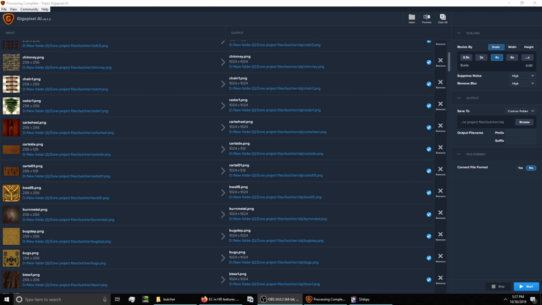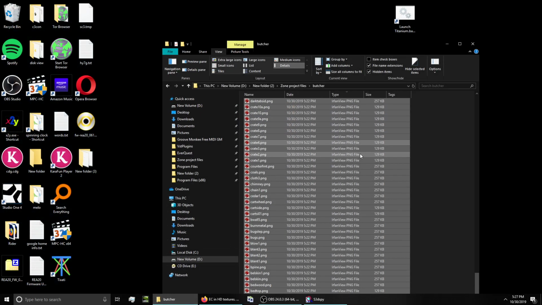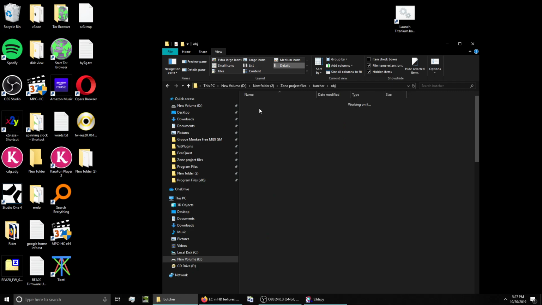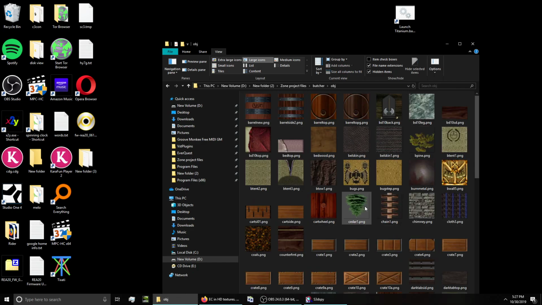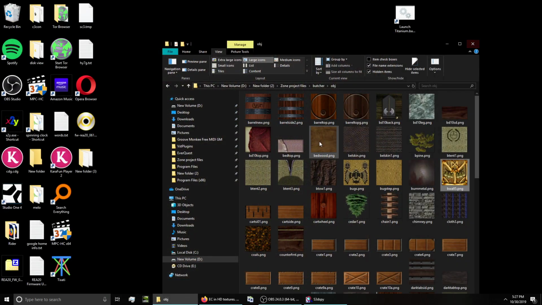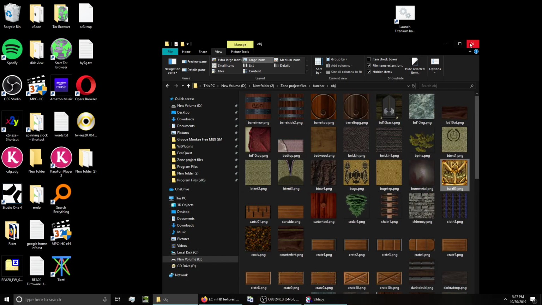Okie doke. We just finished upscaling. So now what we do is we go ahead and close the program. This is all done, and we go back to our folder. Now under object, we should have all our objects upscaled. And yeah, it looks good, right? Now they are upside down, and I think that's one of the reasons why the next step is a little different. It's not much harder, just one extra little step, and you gotta remember to do it, otherwise it's gonna